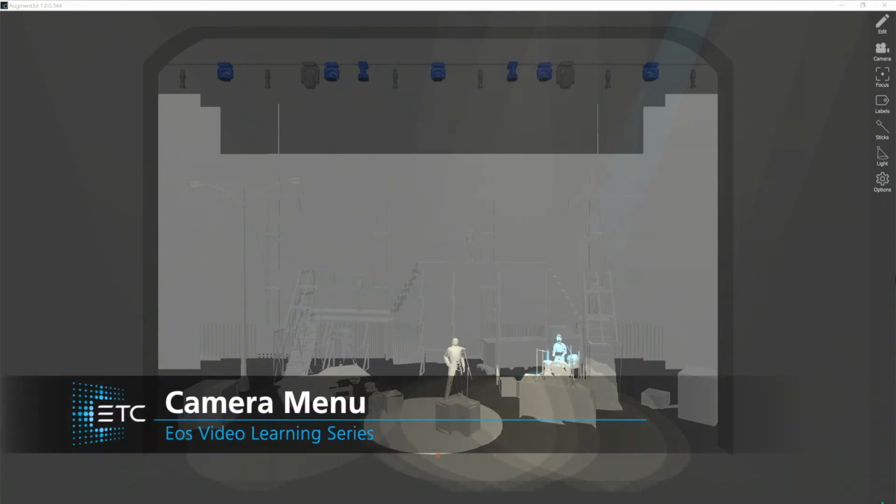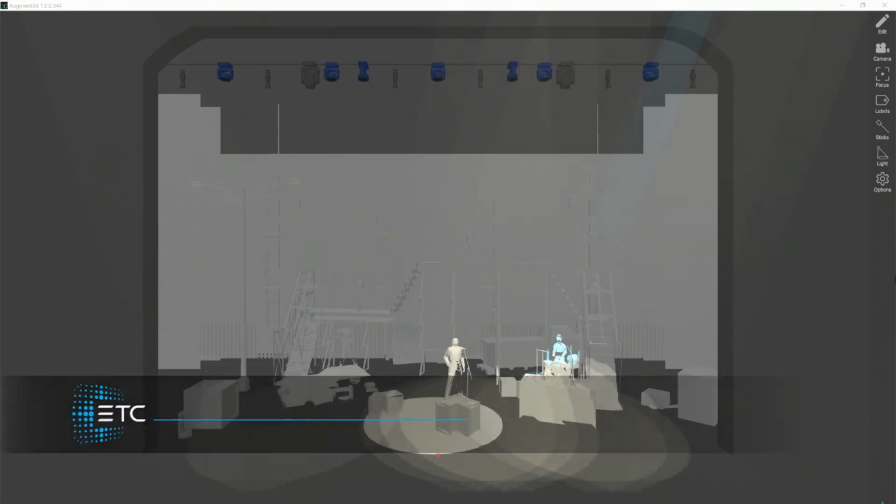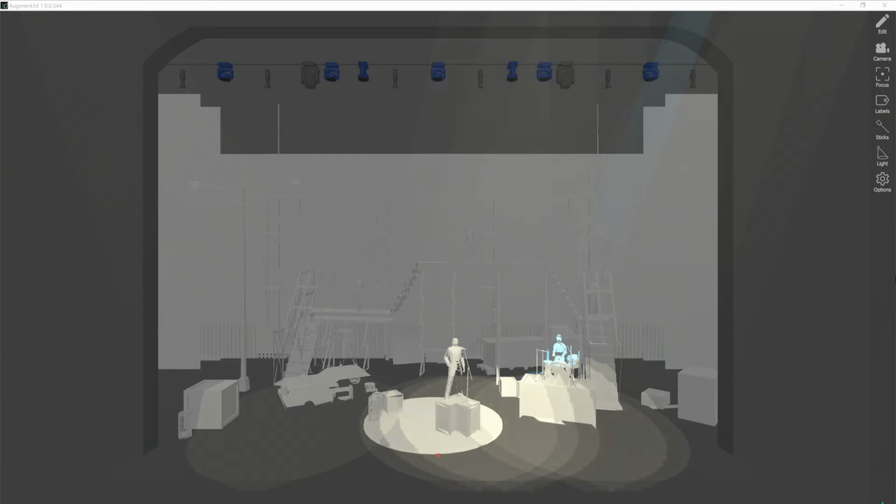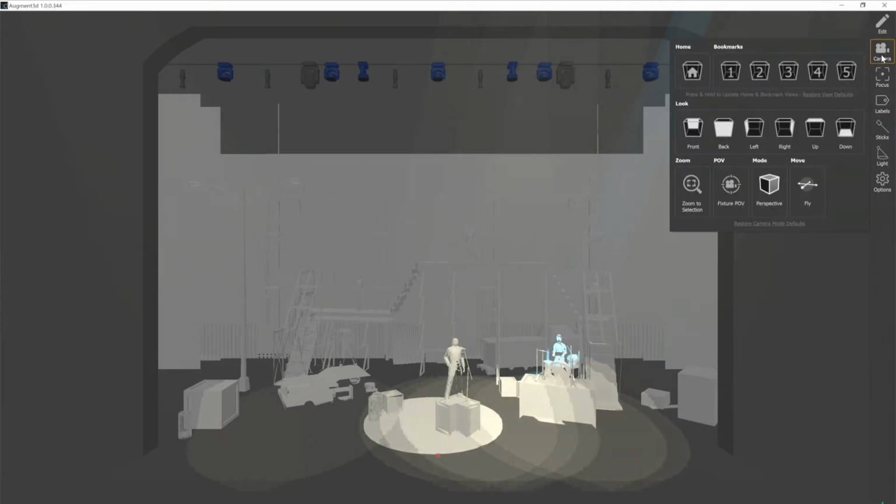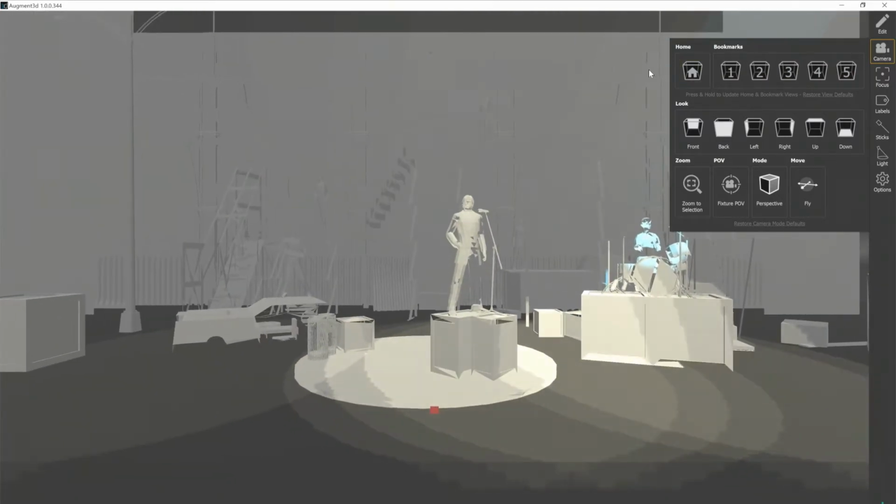The augmented camera menu allows you access to quick views as well as other camera settings. Let's take a quick look. First, I'm going to click on the camera menu. And you'll notice at the top I have a couple of quick views that I can use. So the first thing I'm going to click on is Home, and that's going to take me to a default